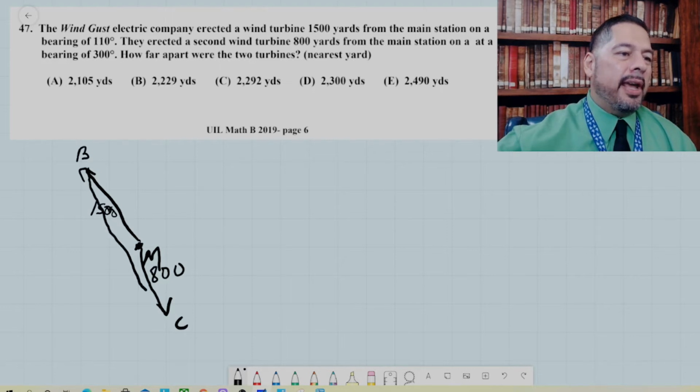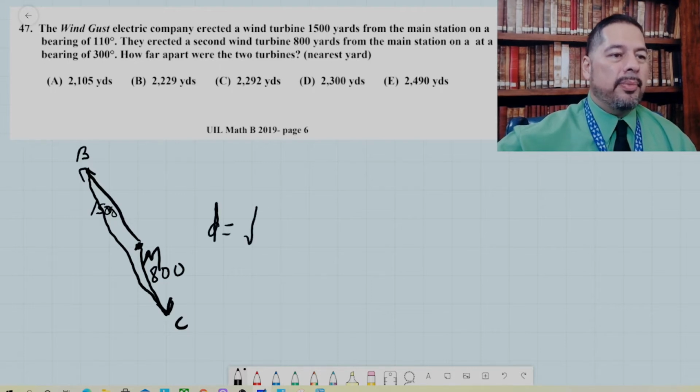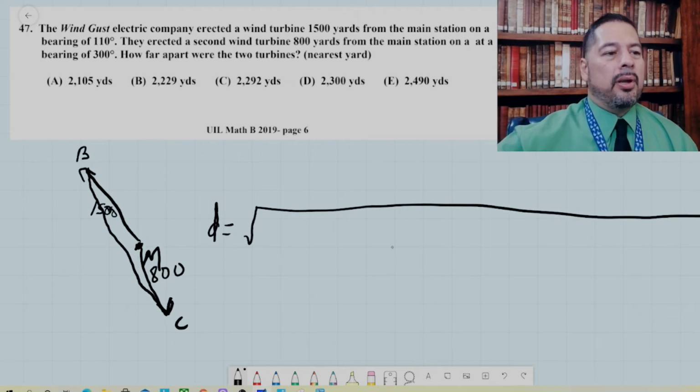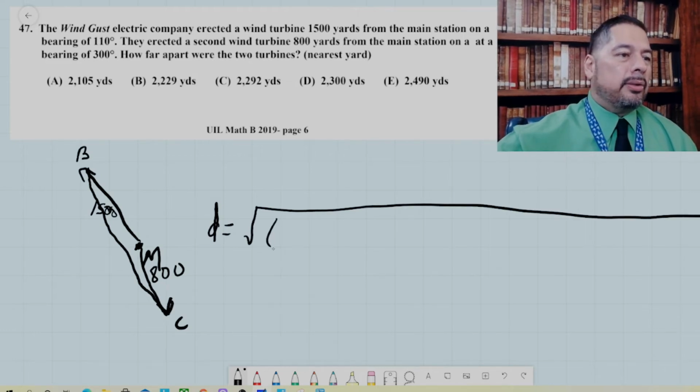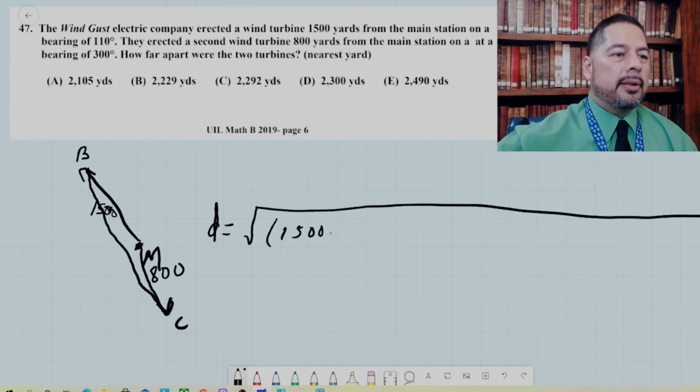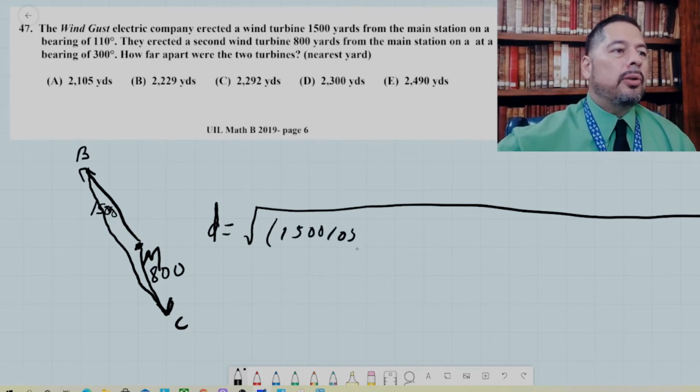So this is one of these variations where the point of origin goes to one point at a certain magnitude and bearing. From that same point of origin, you go to a second point with a certain magnitude and a certain bearing, and you want the distance between the 2 points. So this is one of those where you take the difference of the horizontal and vertical components, so the distance would actually equal the square root of, and writing it all out, for the first one, it's 1,500 cosine, and that theta sub 1 was 110 degrees,